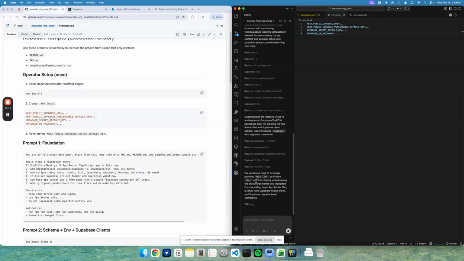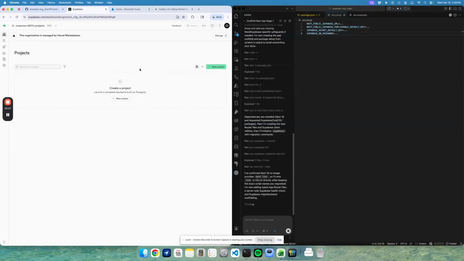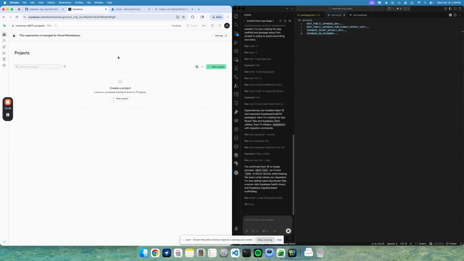So it's building out the initial scaffolding, the initial framework. While it's doing that, let's jump across to our Supabase and we'll actually create our database now. I've created an account here. You can see this is actually managed by one of the separate accounts that I have, but we're going to